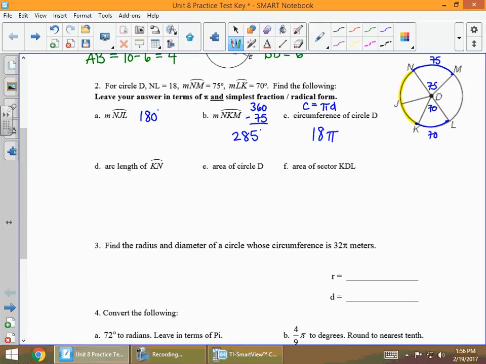NL, we can see that that is a diameter, so it's going to be 180, which makes angle MDL 105, because 105 plus 75 is 180. I think that's all I know right now. All right, so let's find the arc length now